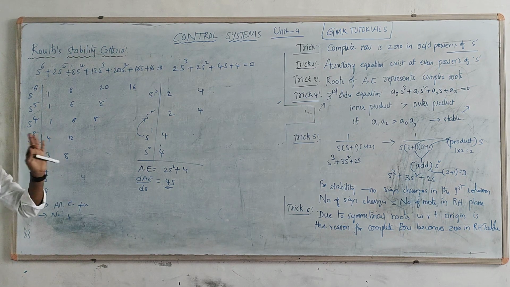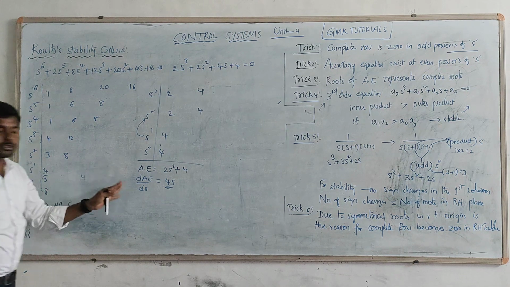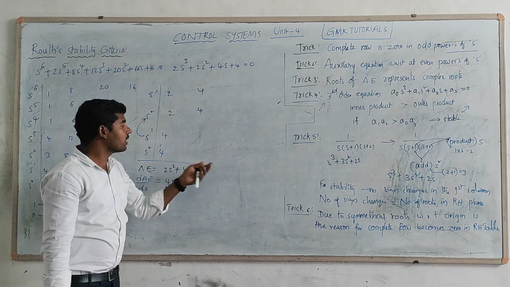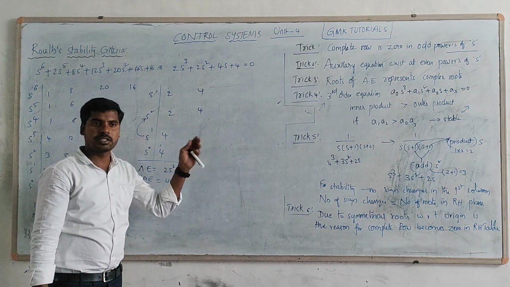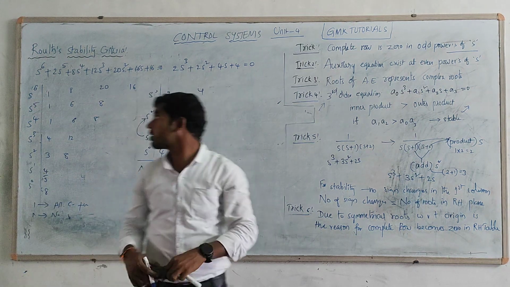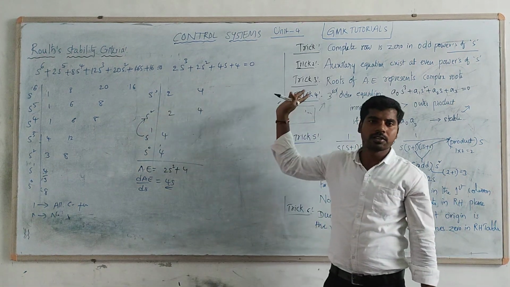In the RH problem, we saw 3 cases. The normal solution, epsilon values approaching zero consideration, and second, in case the complete row is zero, how to solve it. So these 3 methods are used in case of the RH criteria. Okay, that's enough for complete solutions and all those things.